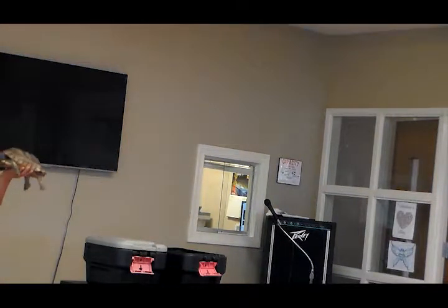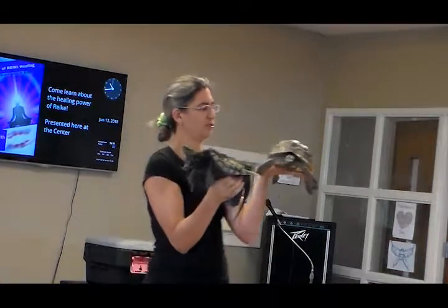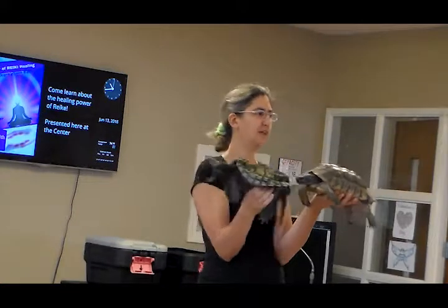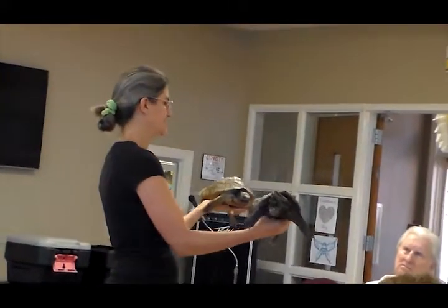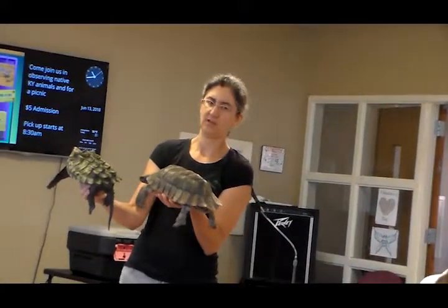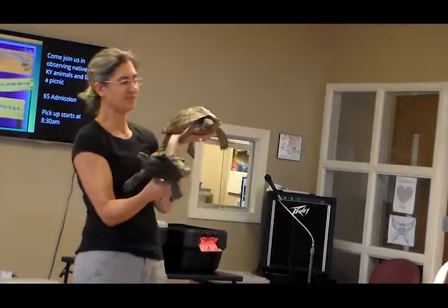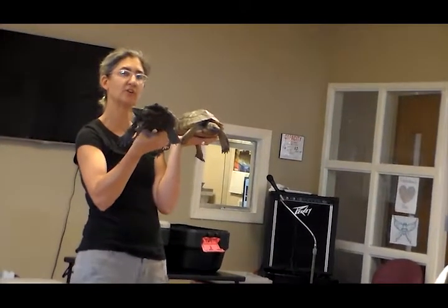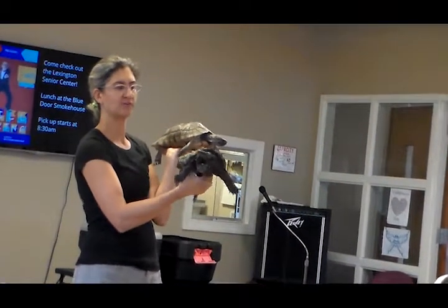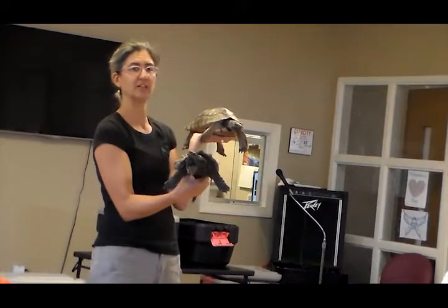So if you ignore the spikes on the snapping turtle, the tortoise has a much rounder and taller shell than the snapping turtle does. Can you guys see that? It's pretty obvious. I know, he's got a big mouth. And he does. And the reason for that is, of course, an aquatic turtle needs to be streamlined to move through the water. So having that lower, flatter shell allows him to glide through the water gracefully,